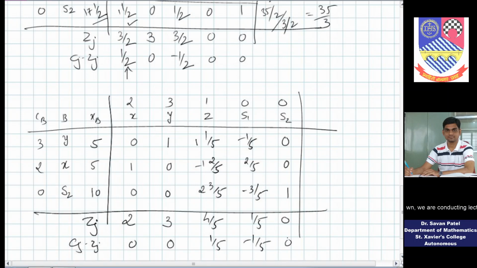So only positive quantity is for this. So evaluate the replacement ratio for that, and here we are having negative, so we are not limited from this. So we are having infinity replacement ratio here. Here the replacement ratio is 5 by 1, 1 and 1 by 5.